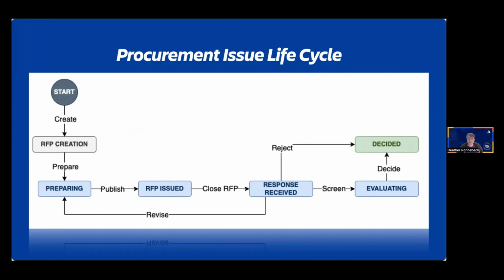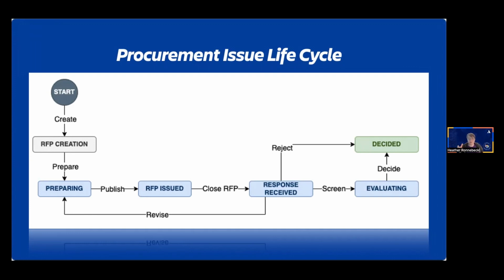When they make it public and set the due date, it will transition to issued. This lets them know that they're expecting responses. When the due date passes, the person assigned to this is going to put it into response received, and then they'll create the subtasks for the proposals that they actually get back. Now, this is where the checklist that we built earlier is going to come in. Each subtask is going to have that checklist put onto the proposals.